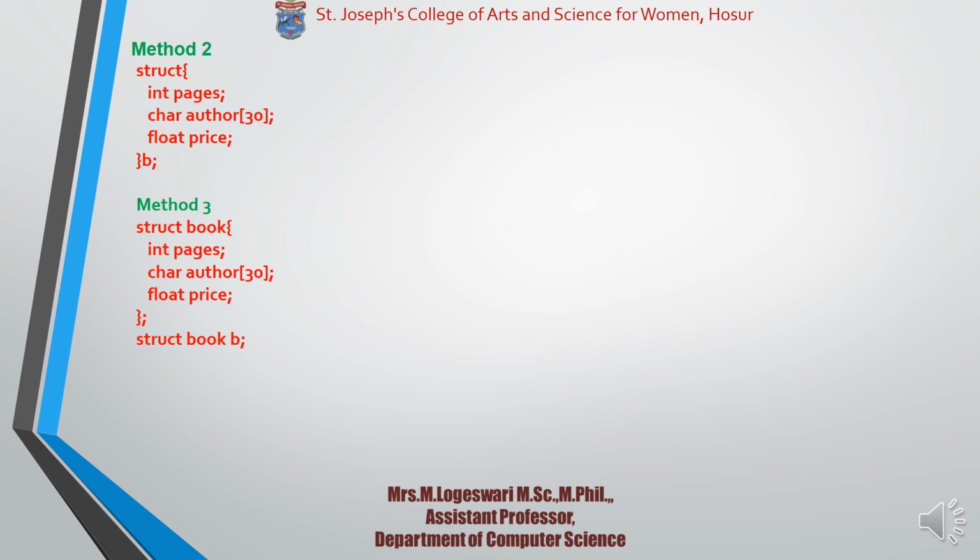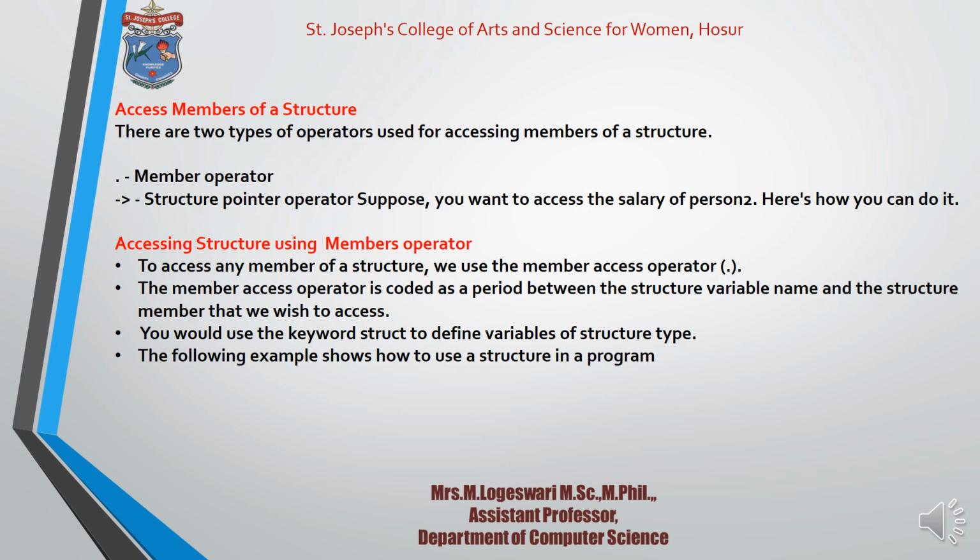So what is the example here? Struct, after the tag name book, then you can declare the variable as B. Okay, the members of a structure. First, you have to access the members of a structure in two types: the member operator, and another one, the structure pointer. Okay, so for accessing a structure using the member operator, we can use the symbol